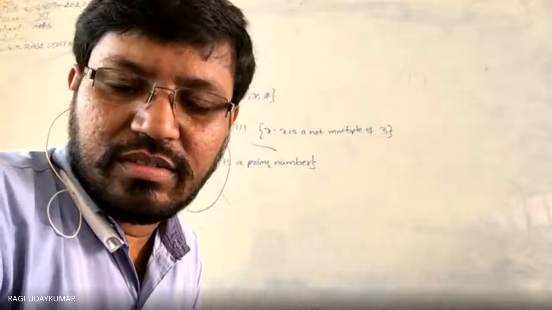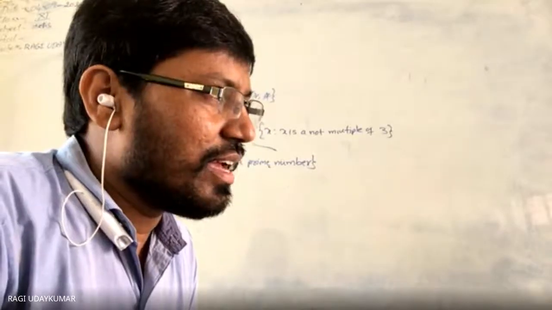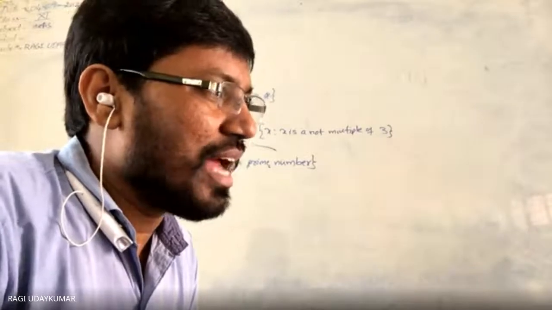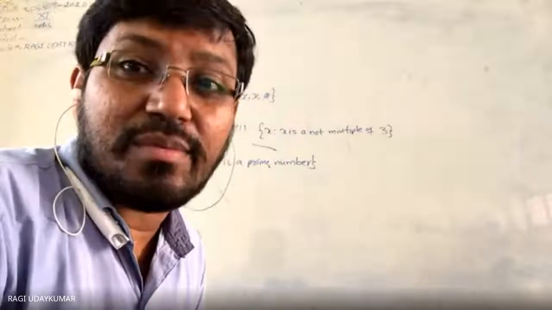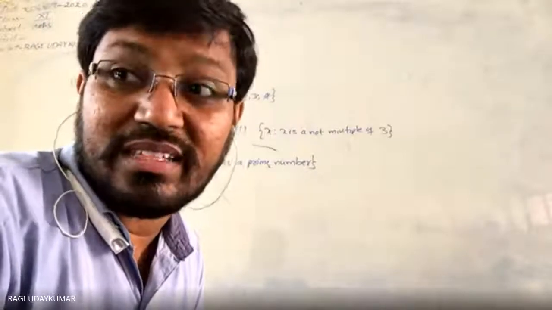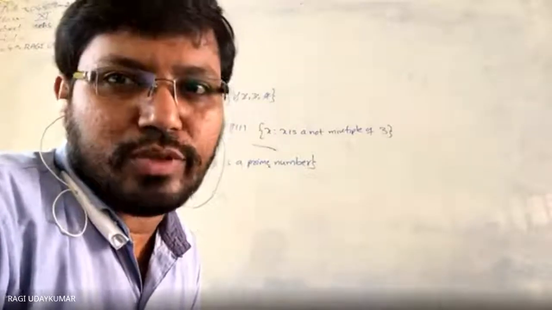Why not, Devya? Sir, we will write that x is a positive composite number or x equal to 1. X is a positive composite number and x is equal to 1, you want it. Yes. This is the point I want to extract from you, because 1 is neither prime nor composite.